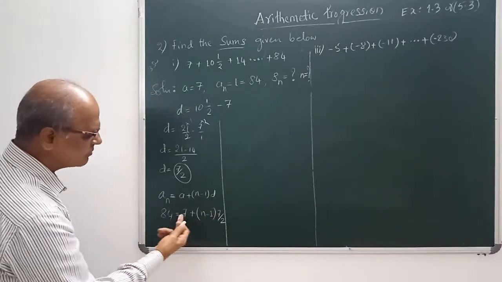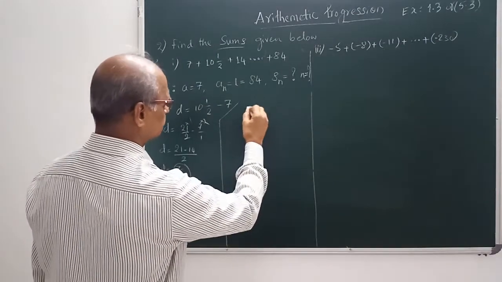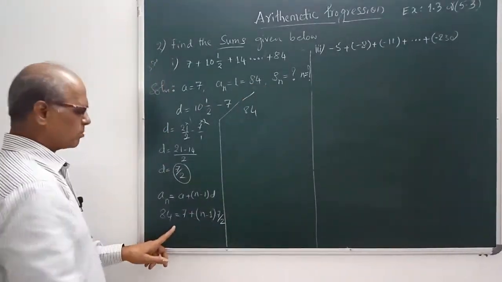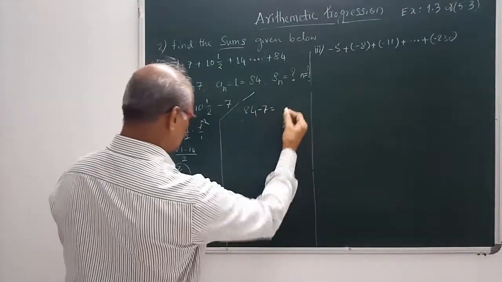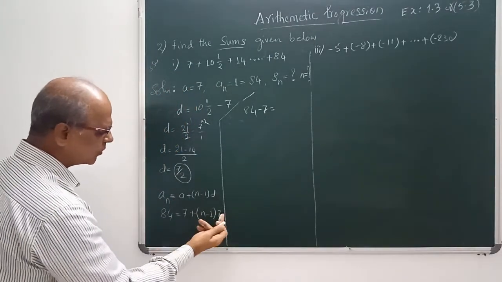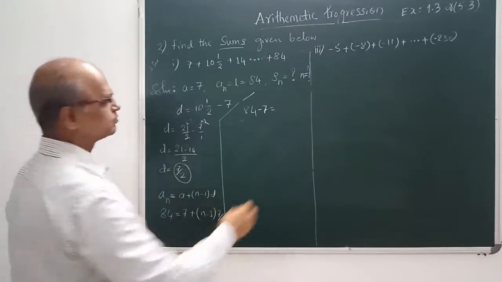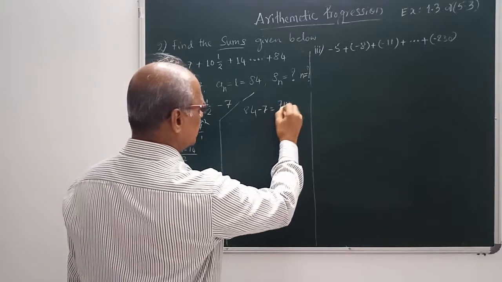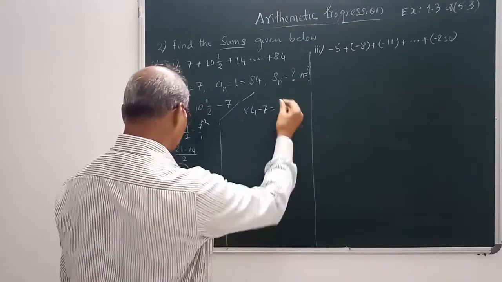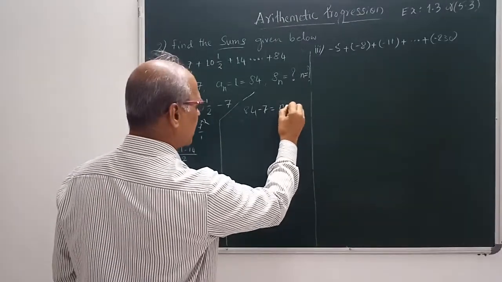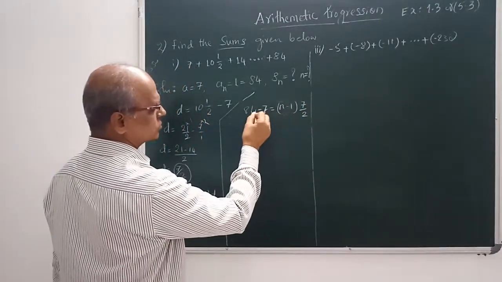84. See, this 7 and 7 don't cancel. This 7 you have to transpose. 84 minus 7 is equal to, you have to multiply, 7 into n is 7n by 2, 7 into 1 is 7 by 2. That means it is 7n by 2. Or you can even change this also. That is the easiest method. So what we do here: 7 into n minus 1. Keep this as it is for the first step. 84 minus 7: 4 has 1, 3 has 1.